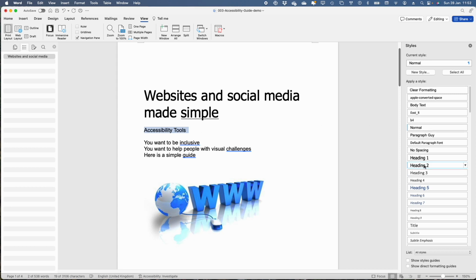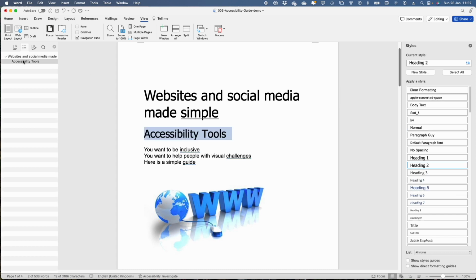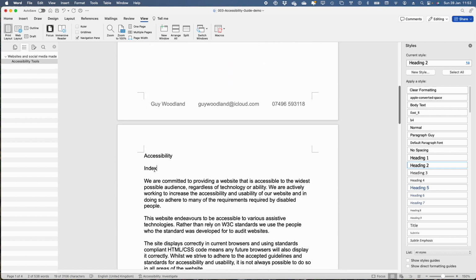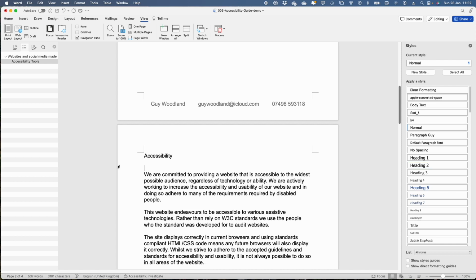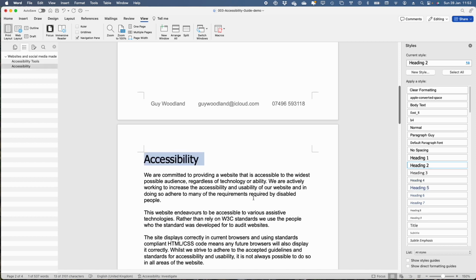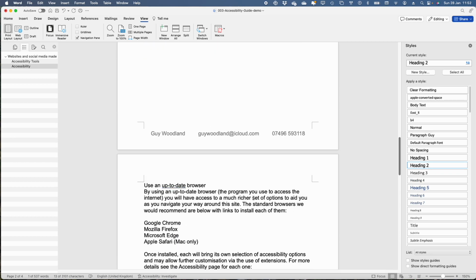So that, if you like, is our section heading, which is Heading 2. And you can see we now have a Heading 1, and underneath it we have that Heading 2. So if we carry on, I'm just going to remove the index for the moment. We'll come back to that in another module. So this is about accessibility, and we are in a new section, so we'll call this a Heading 2 as well. As we scroll down,